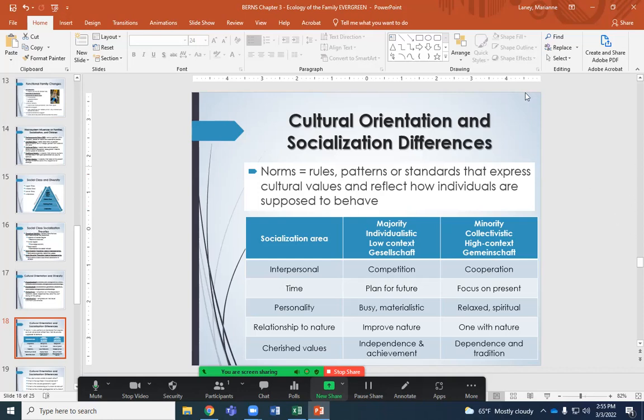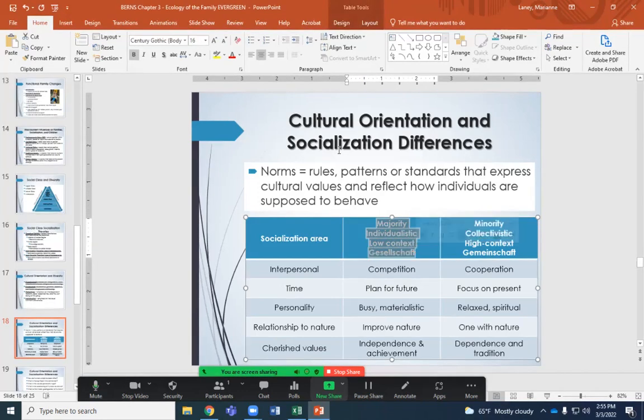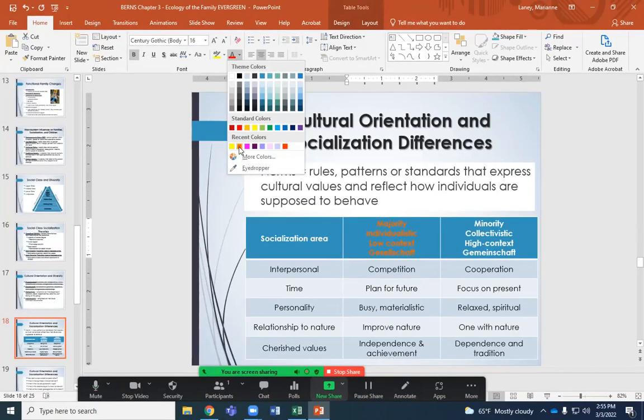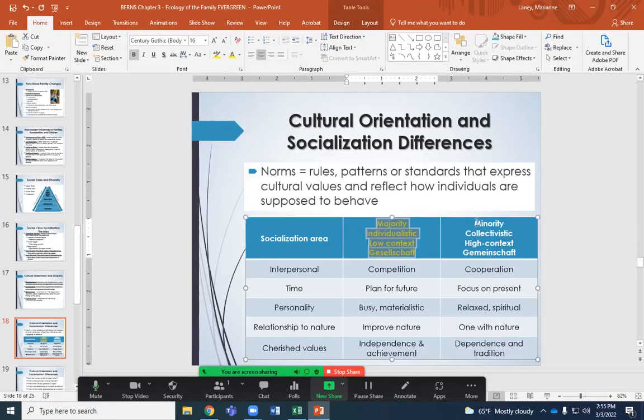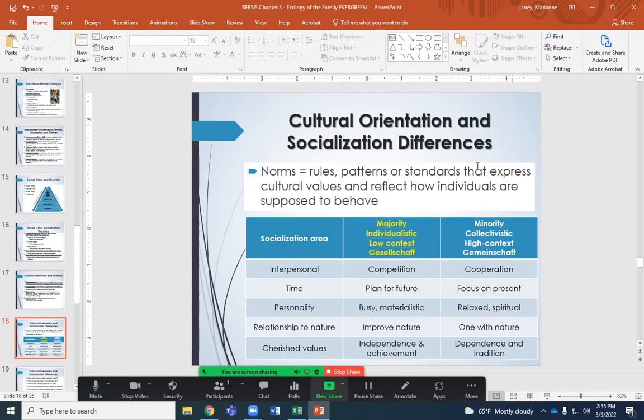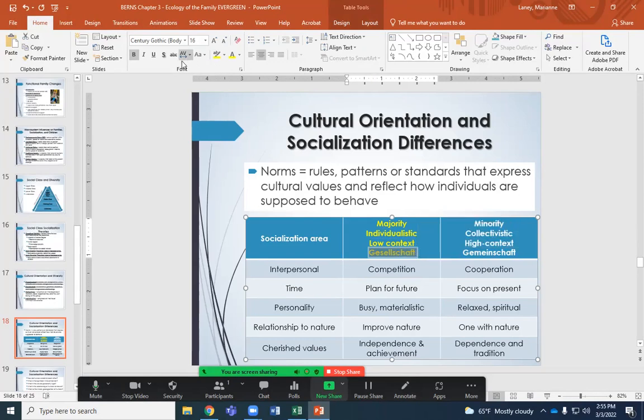Again, when you have this majority, I'm going to color that yellow. And the minority, so I put all these terms together. America is the majority, very individualistic, number one at all costs. Low context, we learned about that in Unit 1. And this is the same German term. I know some people really like to know every word. I'm just going to cross it out.